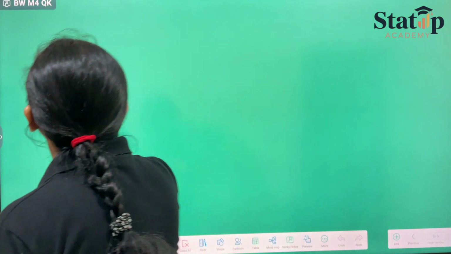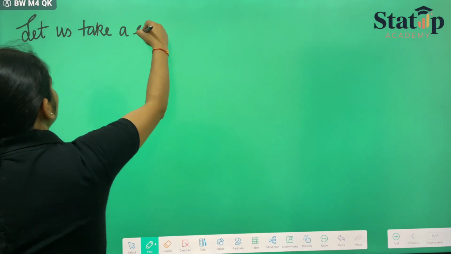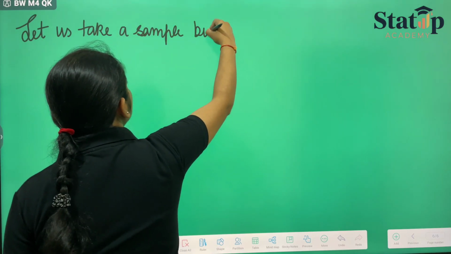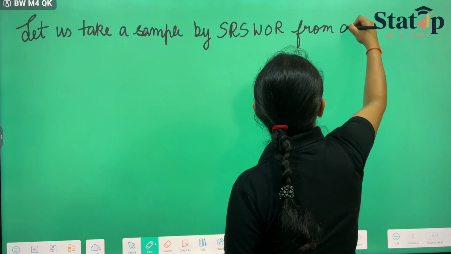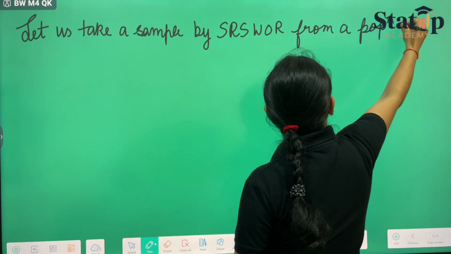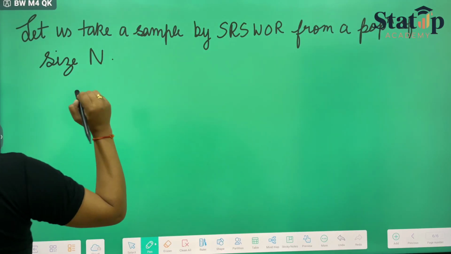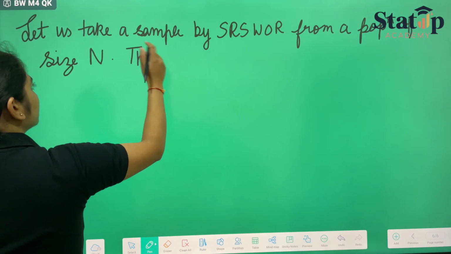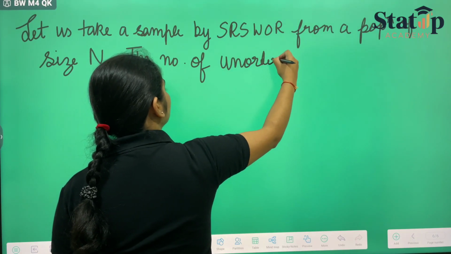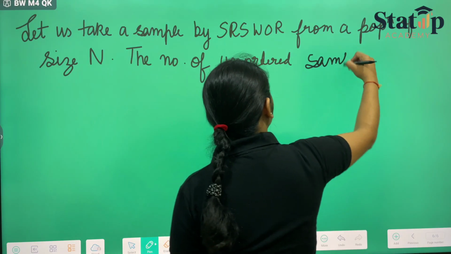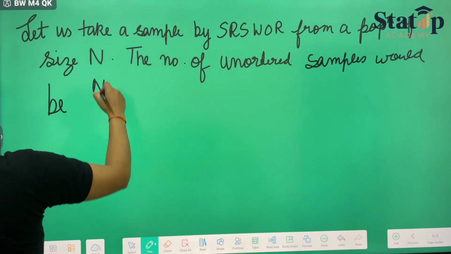So if we talk about, let us take a sample by simple random sampling without replacement from a population of size capital N. So the number of unordered samples would be NCn,